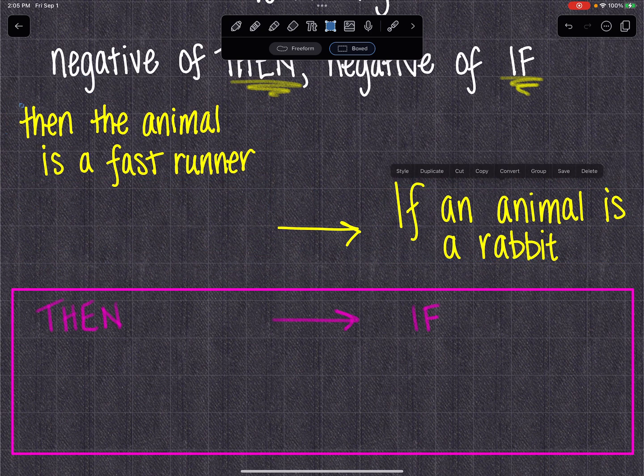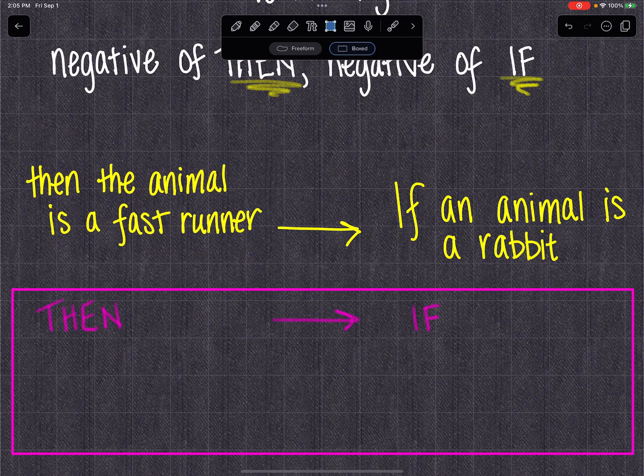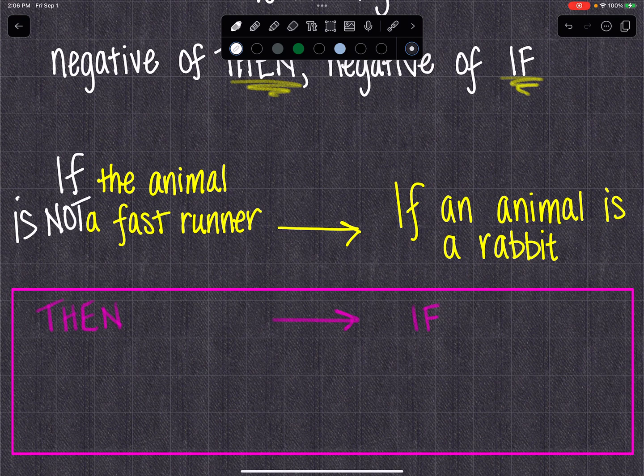If the animal is not a fast runner, then the animal is not a rabbit. Okay, so I just did the contrapositive